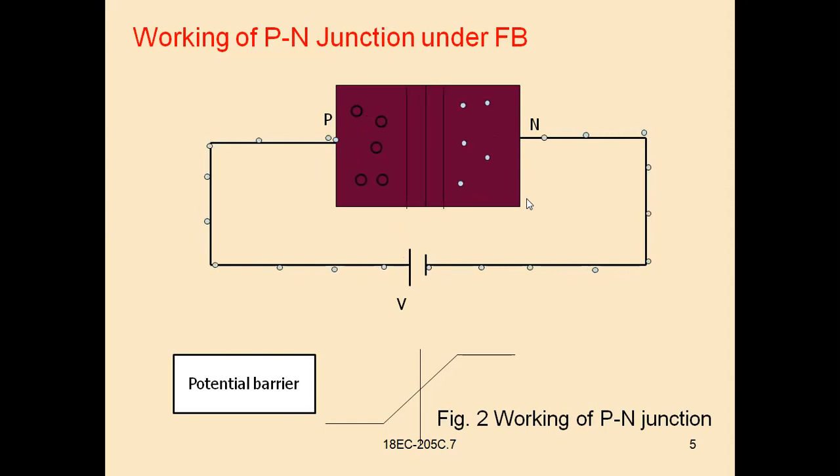Meanwhile, the flow of electrons is considered as the flow of current. The direction of electrons indicates the direction of current. The flow of current is positive to negative. So this is the barrier potential. If you observe this, the plot of the VI characteristics can be given like this. I will show you.